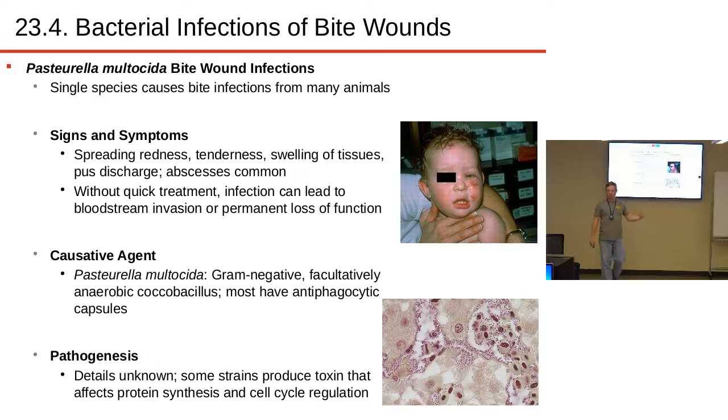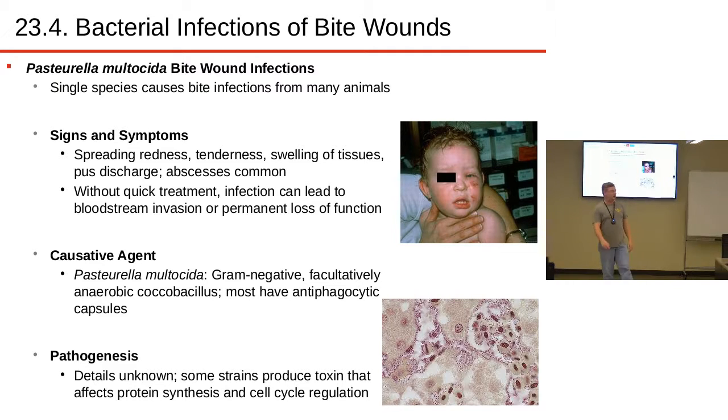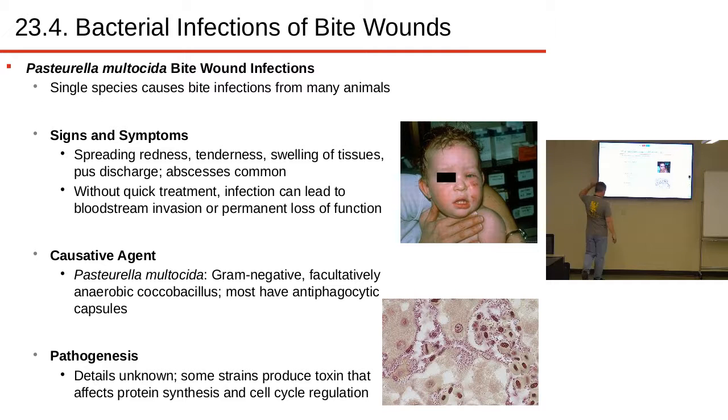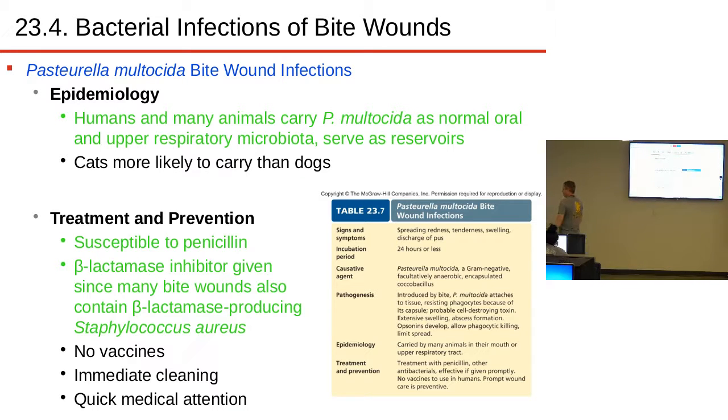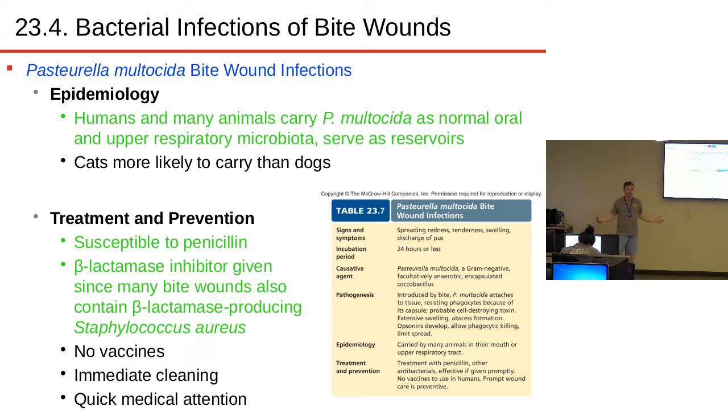So again, notice all these are kind of fitting into the paradigm of being anaerobes. Detailed pathogenesis unknown. Some strains produce a toxin that can mess with protein synthesis or the cell cycle, but some don't carry that toxin, so the toxin is not necessary for the disease symptoms that we see universally